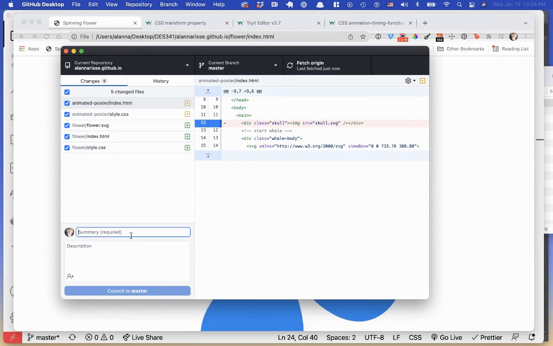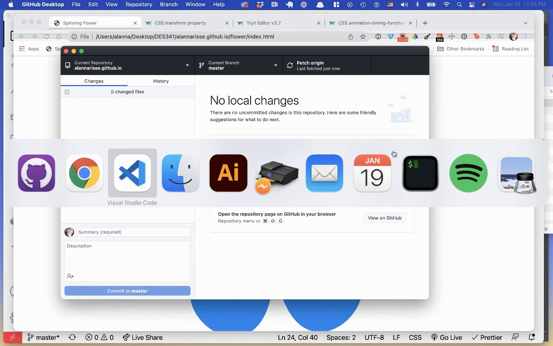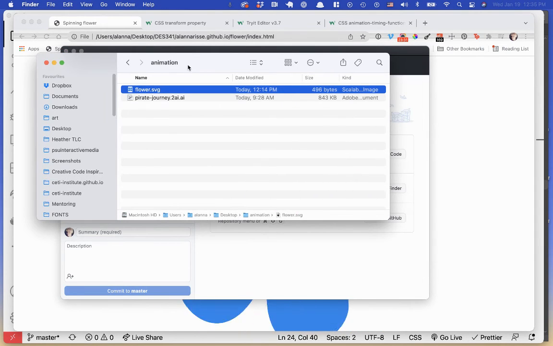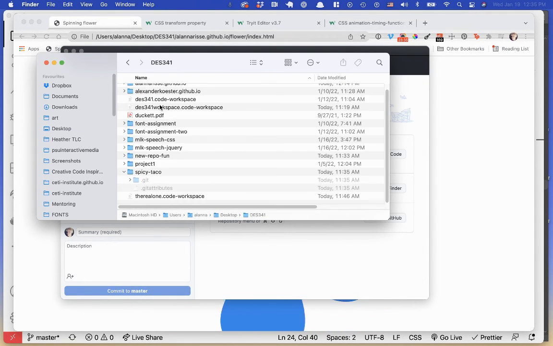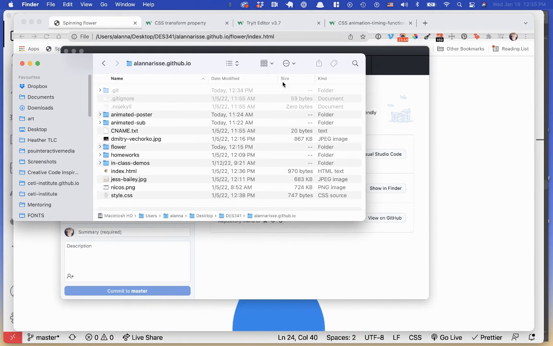And so I can say added flower demo to my summary, click on commit to master, click on push origin. And now let's think about the folder. So it is in desktop DES341. It's in this folder and it's directly in a folder called flower. So if I go to this URL,